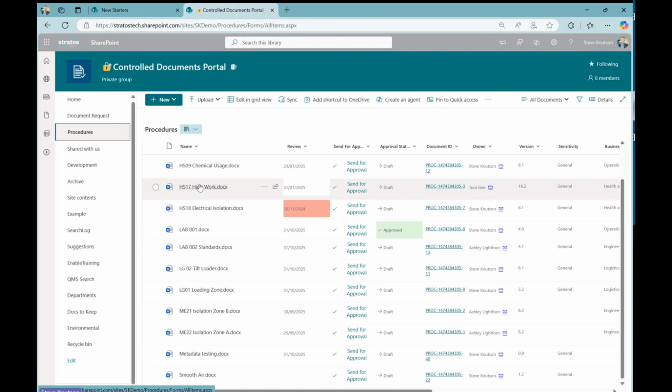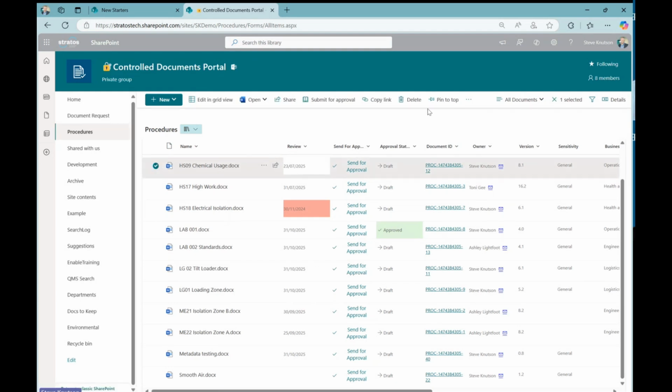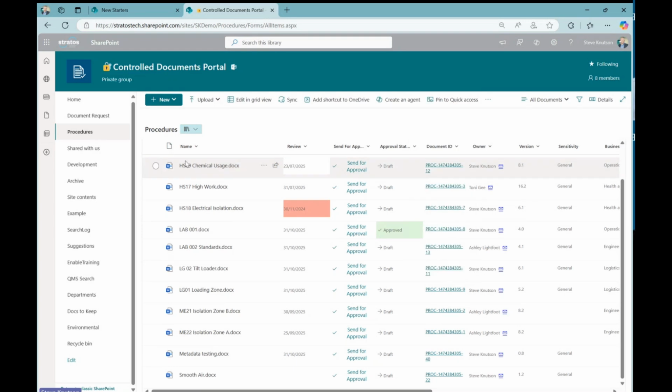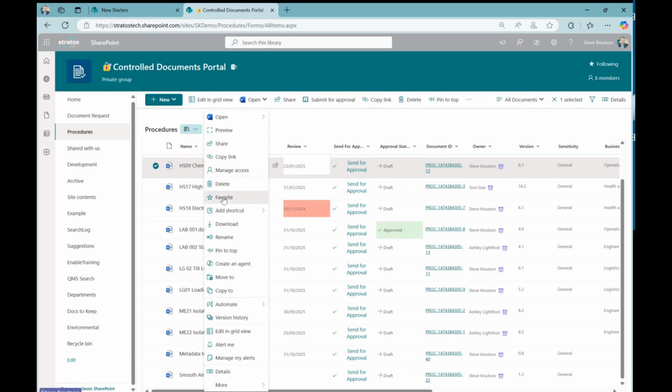So if I've got a document here, which is about working at height. Oh, actually, here's one on chemical usage. Let's just go to this document. If I select the document, I can, from the context menu, if I am lucky, I can create it. Sorry, I'm in the wrong place. If I favorite this, so if I right click the document and go add to favorites,